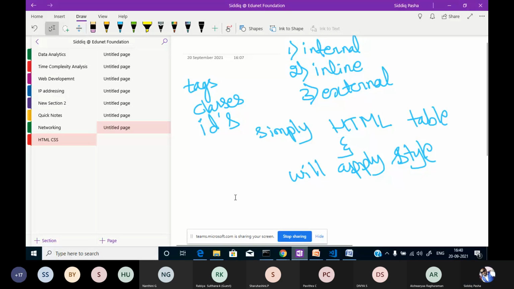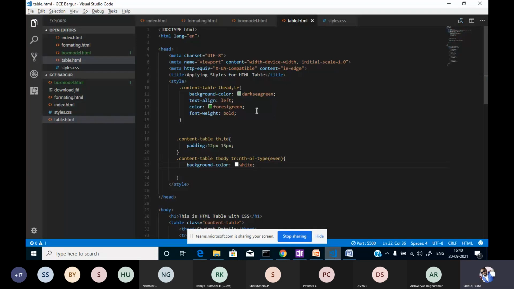This is actually static CSS. We have applied these styles previously, before running it. During the time of running it, we can apply any styles at runtime only. That is called dynamic styles.